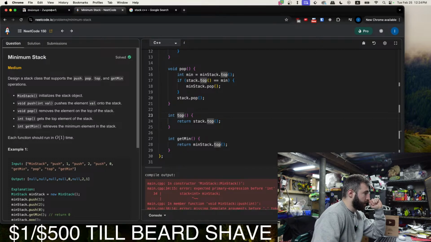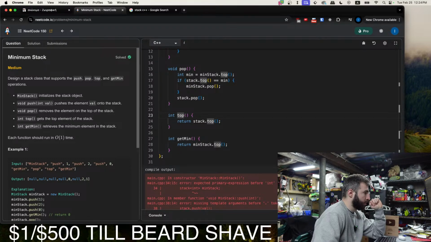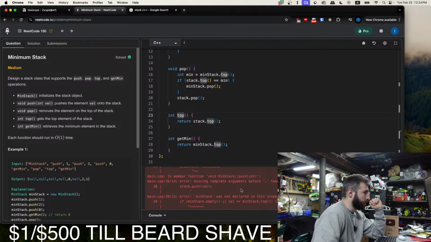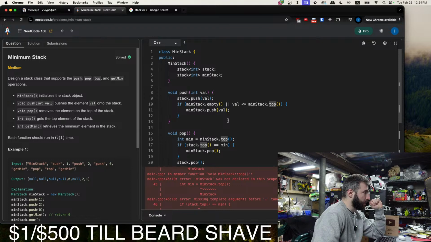Compilation error. Okay. Error: expected primary expression before int. Missing template arguments before dot token. Min stack was not declared in the scope. Okay, so when we initialize,